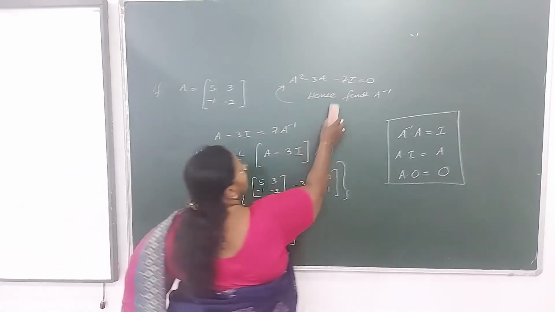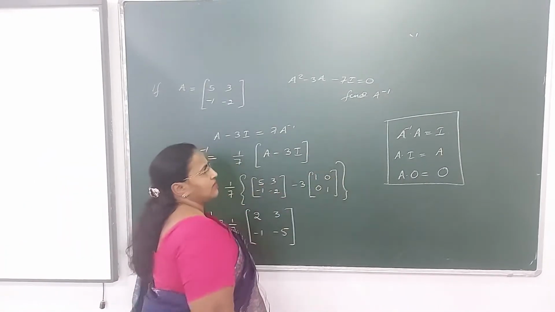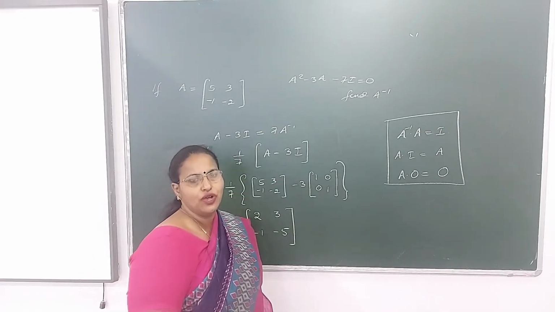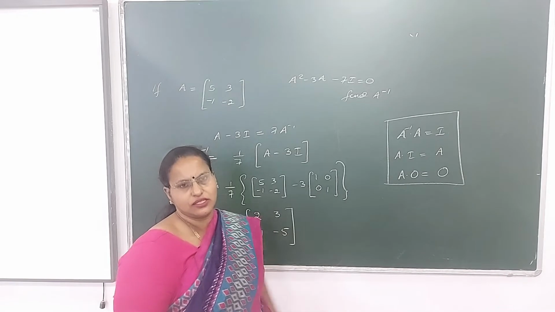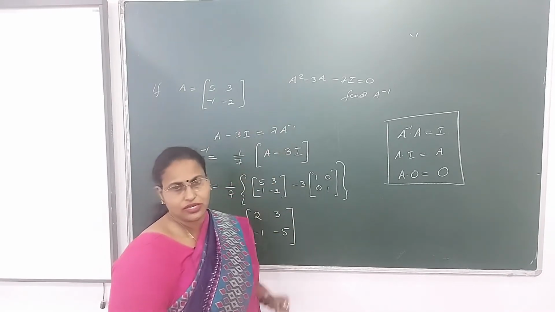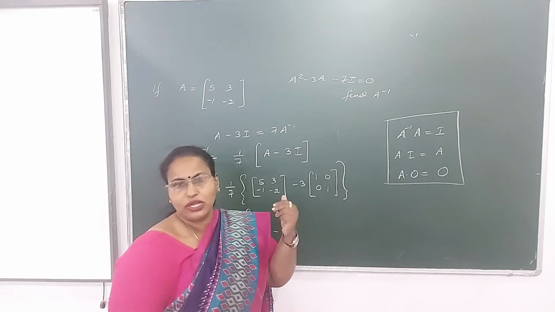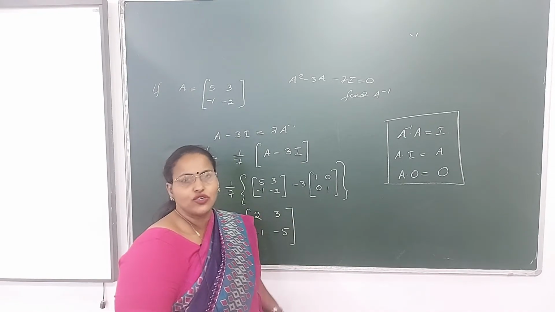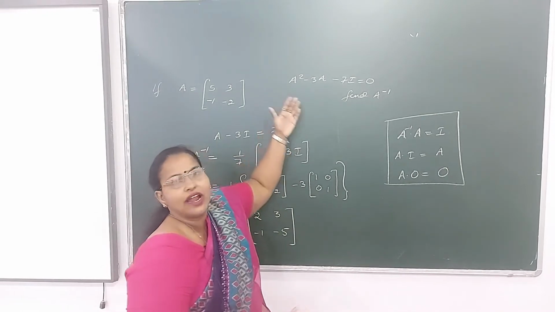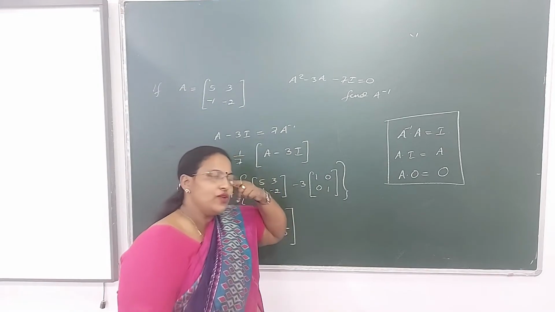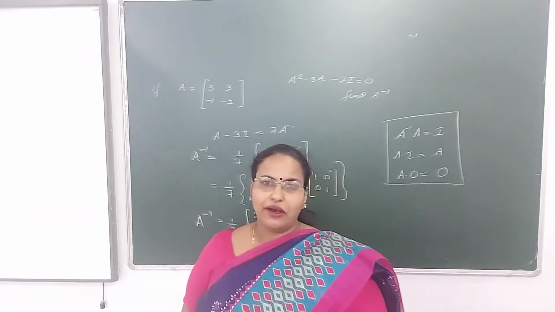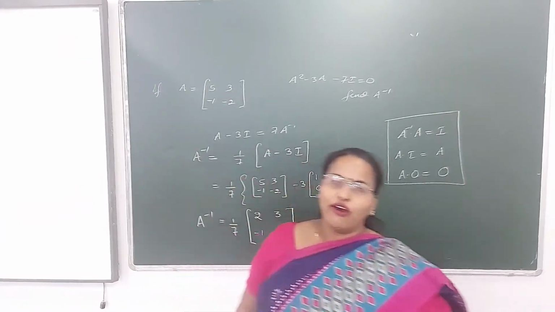See, if the term 'hence' is not mentioned, and the question is simply to show that A square minus 3A minus 7I is equal to 0, and also find A inverse, then it is not mandatory that you have to use this particular equation. Directly by using the formula also you can find out A inverse. So there you are getting a choice. Either you use the condition which is given above and hence find A inverse, or directly you can go for the formula of A inverse. And what is the formula of A inverse? It's 1 by determinant of A into adjoint of A.